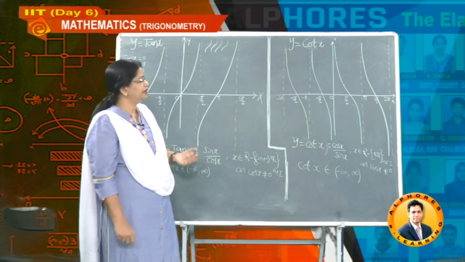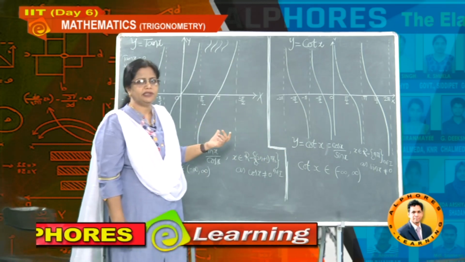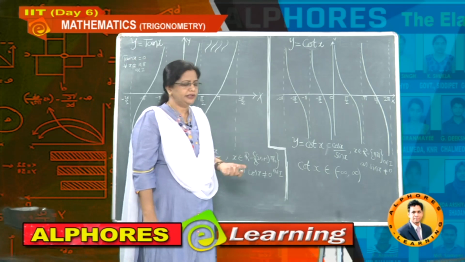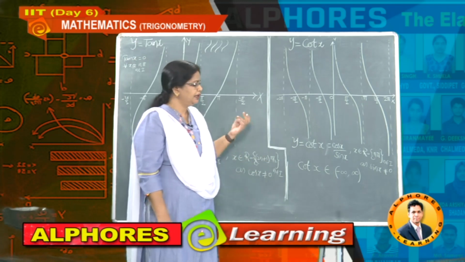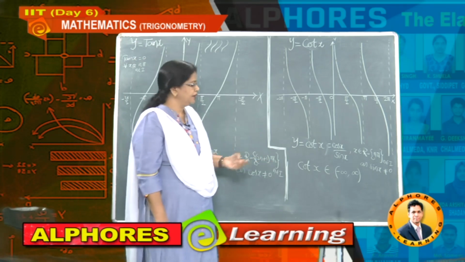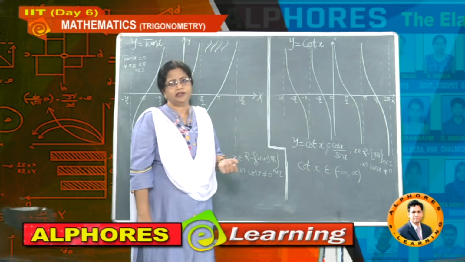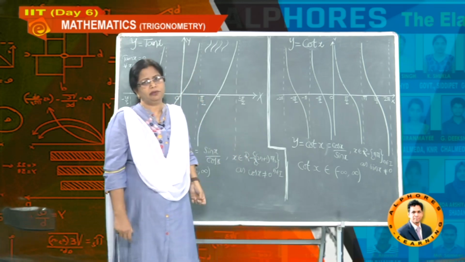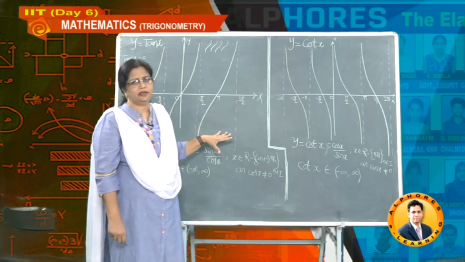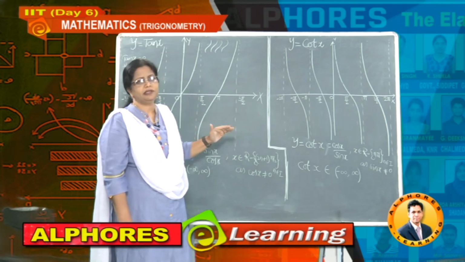Tomorrow we will come with the definitions, that means with the concept of domain and range. We observed them already, but I did not put any names. So what is a domain, what is a range, and for these trigonometric functions, domain, range, and simple problems based on all these graphs, okay students. So just practice today.